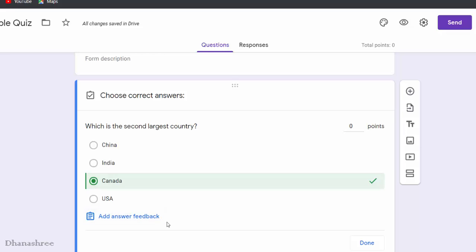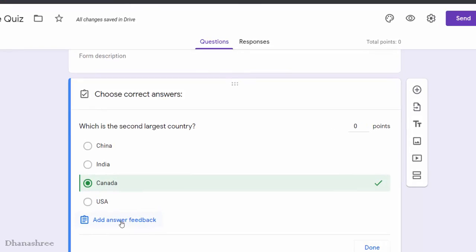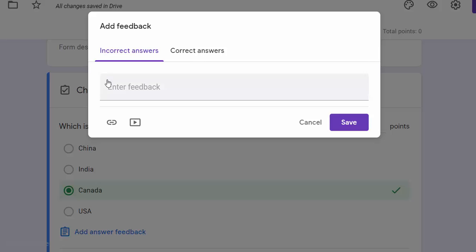If you want to give the feedback to the user, you can do so. For that, just click and here you can see there is a feedback if answer is incorrect and if answer is correct. So for example, for correct answer, you can say keep it up, and for incorrect answer, along with correct answer, you can give them the explanation.